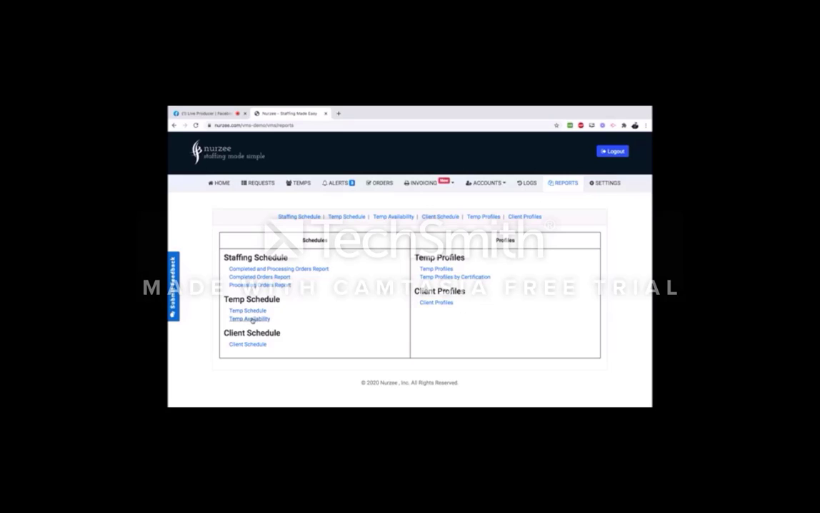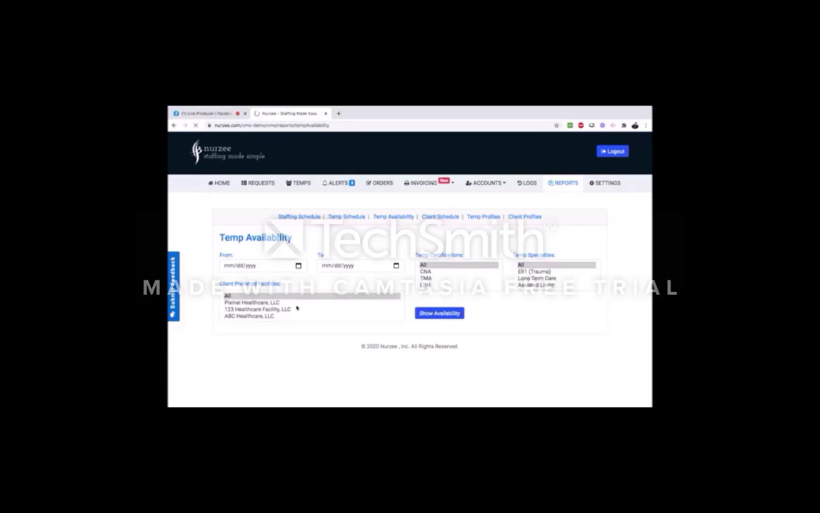Now we're gonna go to the temp availability. The system knows when a temp is being scheduled for a particular shift, so that everything runs through the system. So basically the system knows when a temp is available on the Nurzee platform, when the temp is not scheduled for a particular shift. So if the staffing agent wants to know that information, they can click on temp availability,